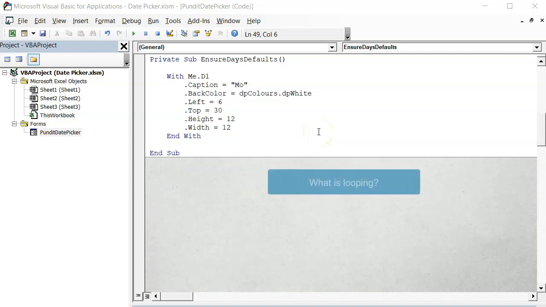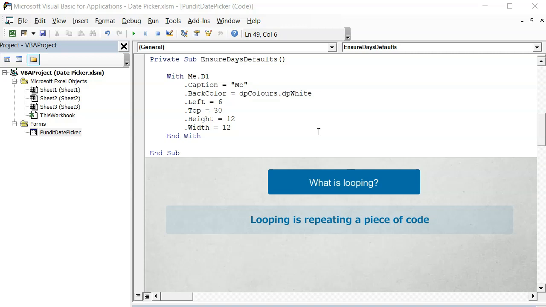So what is looping? Looping is repeating a piece of code. Putting the code on a loop is not different from putting a track or song on repeat. In doing that, you are merely giving an instruction that says, when you are done playing this song, please play it again. The same applies to the code. If you put the code in a loop 7 times, you are giving an instruction that says, when you are done executing this code, do it again 7 times.